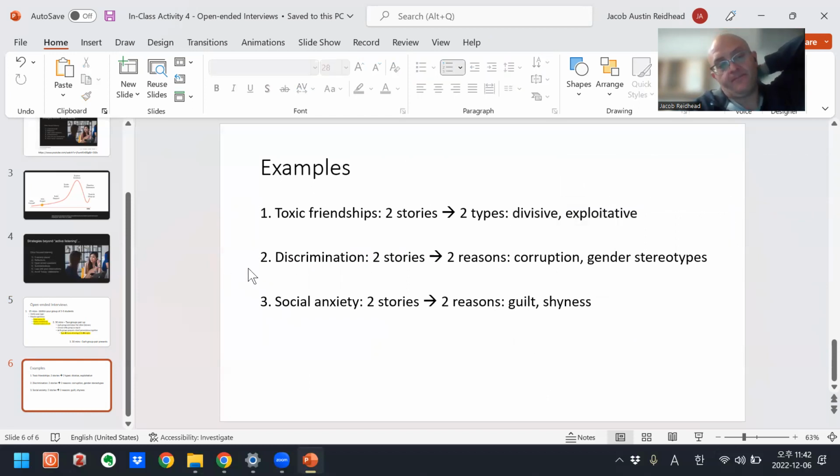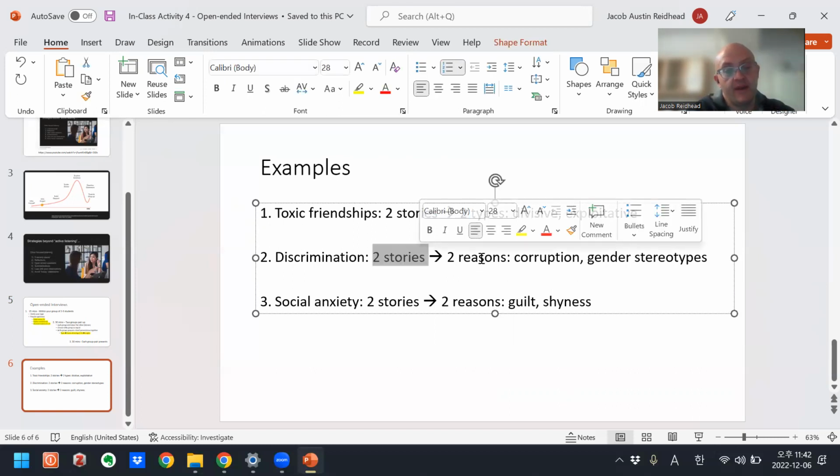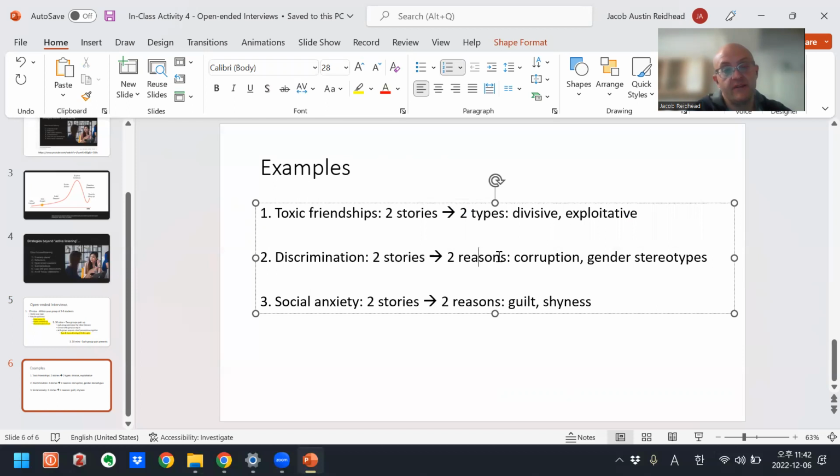And then another group did the same thing. They interviewed on the topic of discrimination, asking students, can you describe some time when you have been discriminated against? And then these students would share different stories. In their analysis, they realized there are different kinds of discrimination.